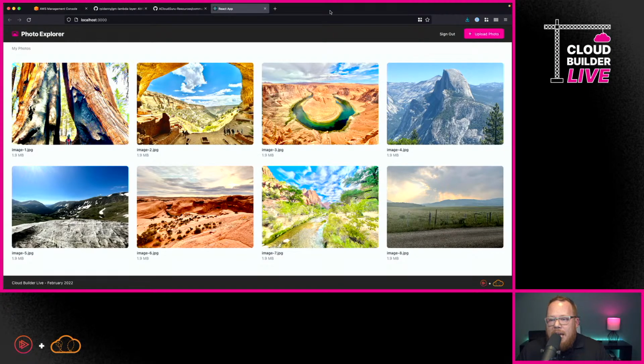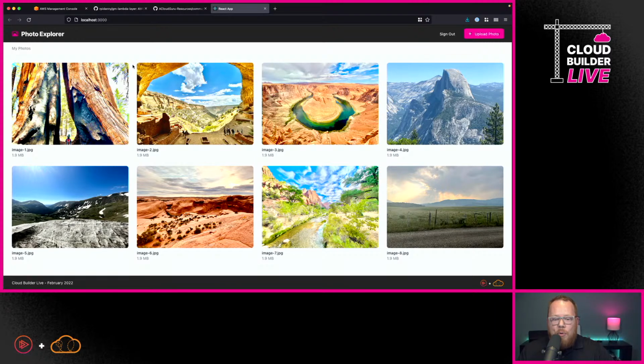The next thing I'm going to do is start this, because this is how I'm going to really show you what we're going to be building. Let's give this just a second to load up. Perfect. Now we've got this here. So here is the application that we're going to be working with. Here I've uploaded some different pictures from a summer trip that my family and I took to a bunch of different national parks.